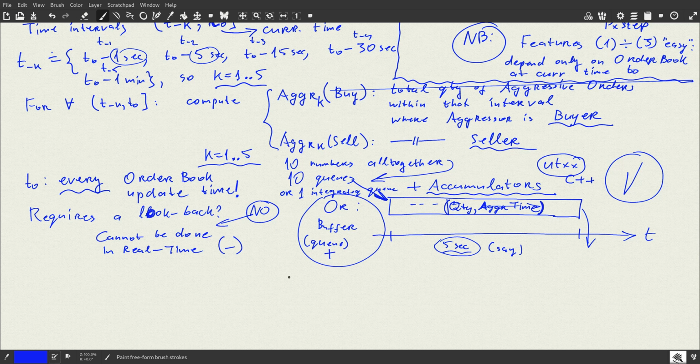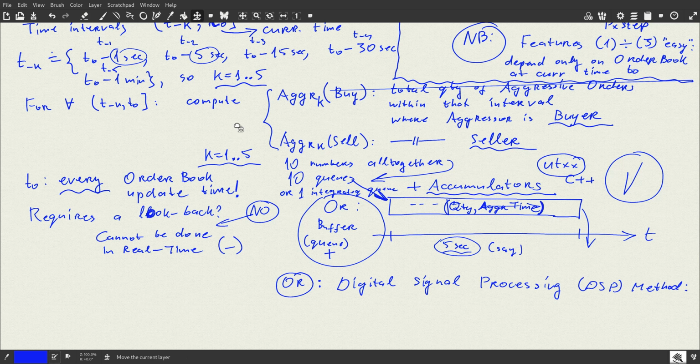There is another one. Interestingly enough, it is called a data processing technique, which is used very often in digital signal processing, DSP method. You have probably heard about it, which is called EMA, exponential moving average. It is approximate. It would not give you exactly the same results as your queues would do. The queues are